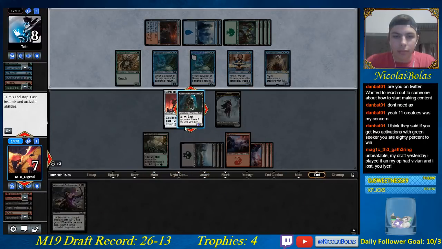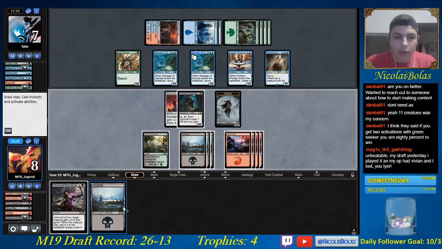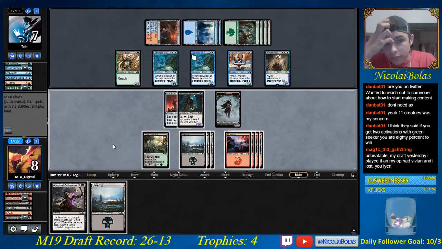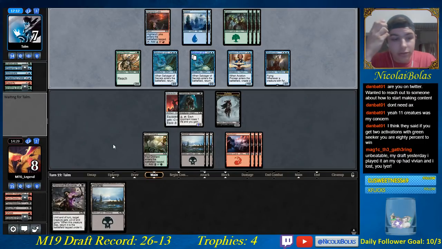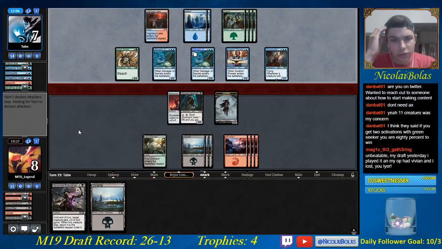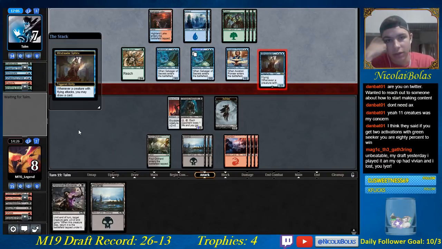Murder. Rats, no. I'm so close. I was so close. I knew he had that in his hand. I just had to hope he whiffed or something. Or I drew another removal spell. Dang it. Also, I stopped him from drawing multiple cards by killing his Doctors, but...